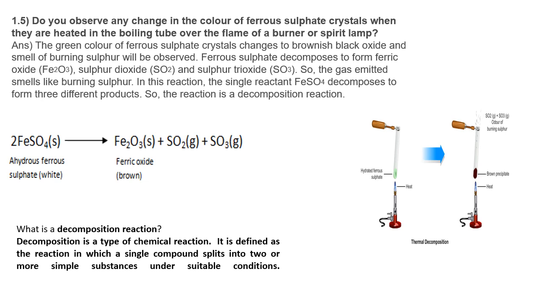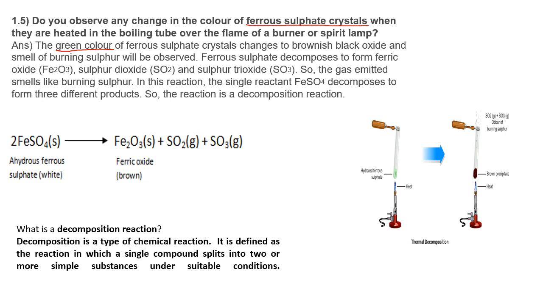Let's take another activity and a question based on the activity. Do you observe any change in the color of ferrous sulfate crystals when they are heated in a boiling tube over the flame of a burner or a spirit lamp? If you take ferrous sulfate crystals, initially they are green in color, right? Because they are FeSO4.7H2O, they have water molecules. So initially it is green in color, but when you heat it, it will change into white color,